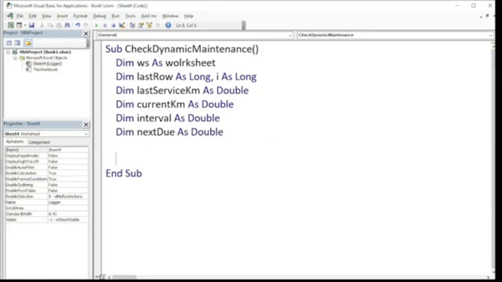Then now I'm going to set the worksheet for the logger worksheet. Okay, I have already named the sheet tab in the worksheet as logger. So I'm going to say WS. Okay, WS equal sign this workbook. This has become familiar to you now. This workbook,